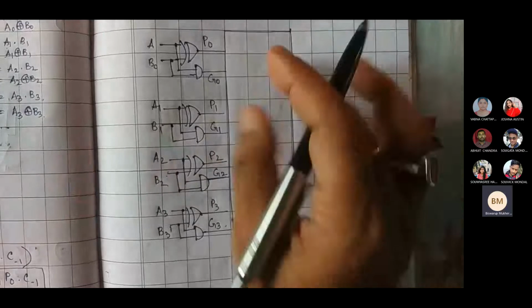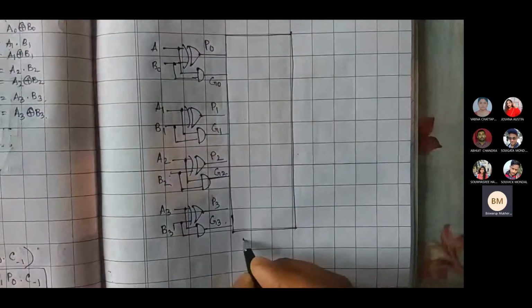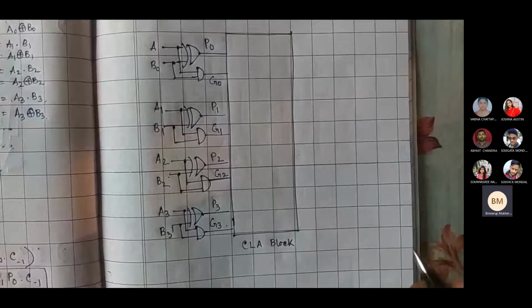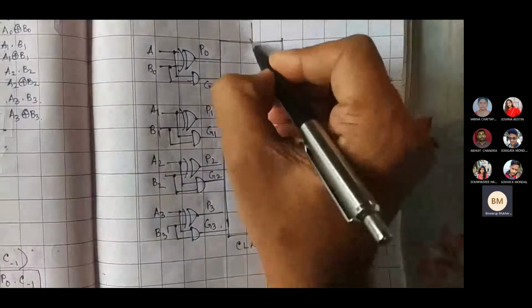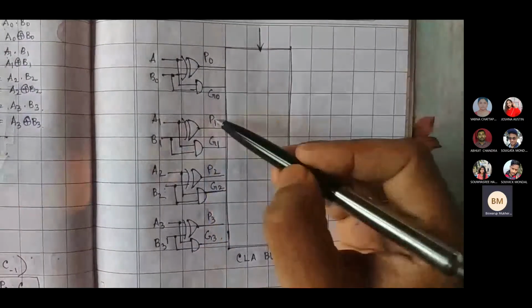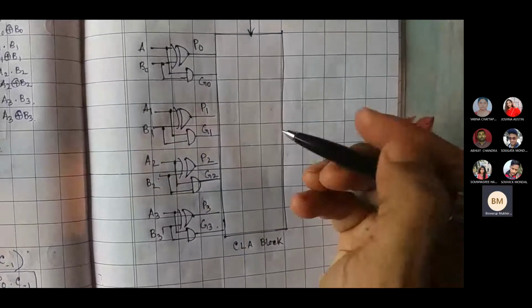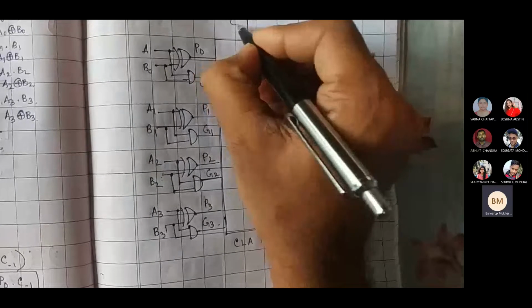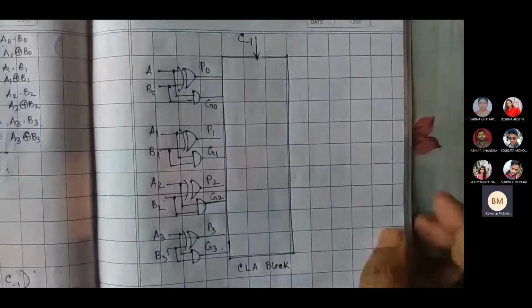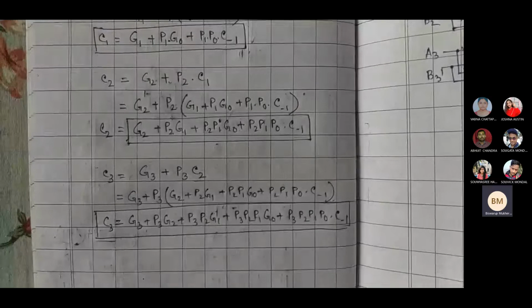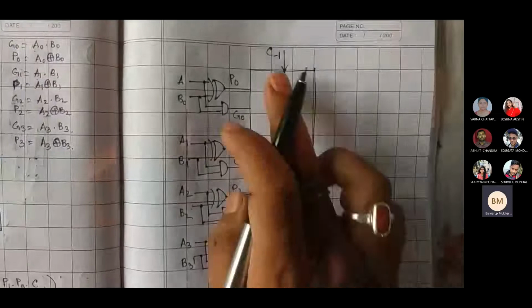This we are having. What inside? This is actually one CLA block. Carry look ahead header block. Okay, so this is one particular block where the inputs are P0, G0, P1, G1, P2, G2, P3, G3. These are the inputs. And another input that we have is C-1. C-1 টা আরেকটা input এখানে আছে. Because we know that we require all this carry generate and carry propagate cases. Carry generate আর carry propagate টা লাগছে শুধু, right? Along with C-1 এইটা লাগছে আমাদের.